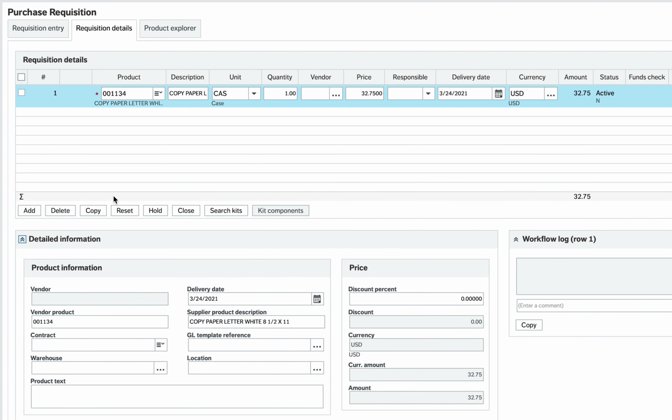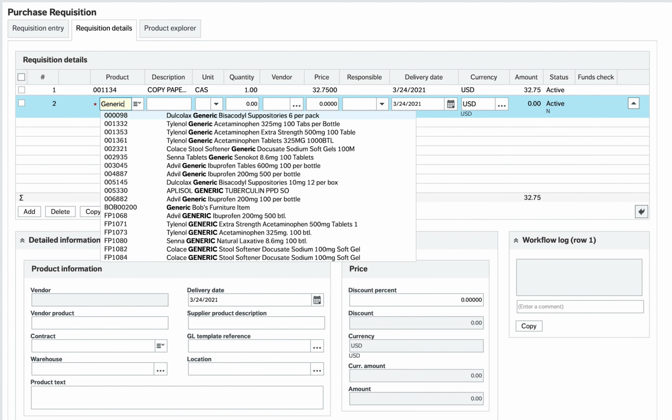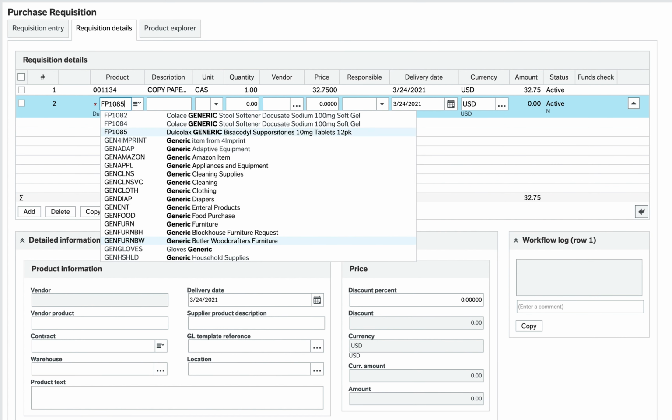If you were selecting a generic item that you saw on Amazon.com or Target or Walmart.com, you can select a generic item, and if you scroll down, you will see the other generic options. There's a generic Target, there's a generic household, generic Amazon. You'll select the item that best suits your needs and the vendor,